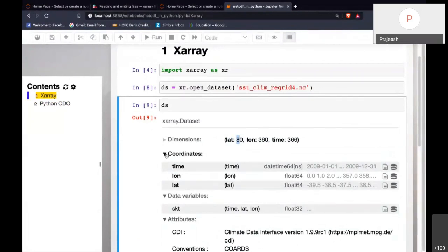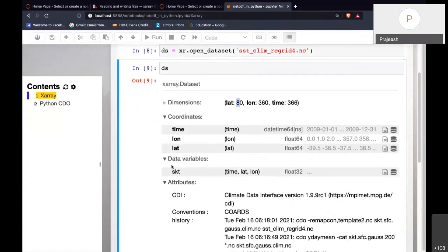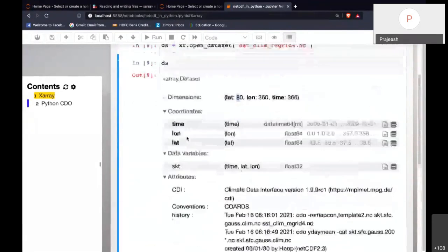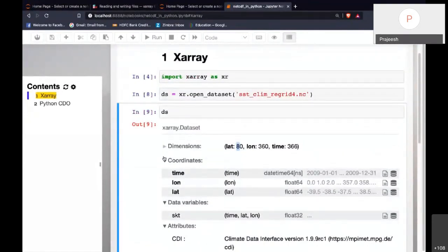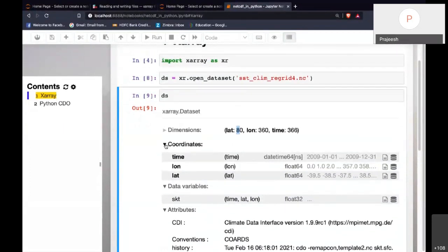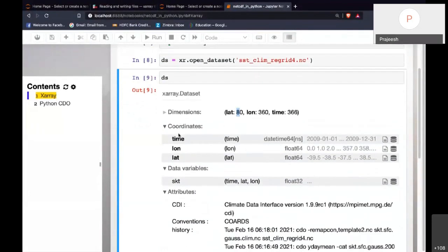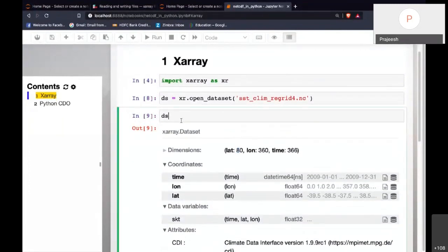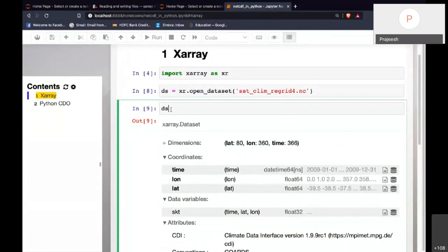You can see the coordinates here, and it gives the variables and attributes. This is an output similar to what you get when you do an ncdump, and this is a much cleaner and neater display. So you can get the information like this.